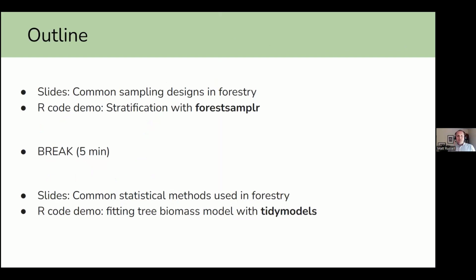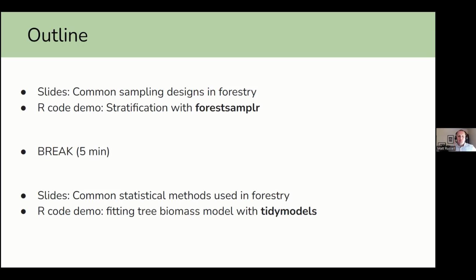So a little bit of an outline, kind of a roadmap of where we're going here for the next 2 hours. I'm going to first share some slides that really focus on sampling in forestry. And so we'll talk about many of the common ones at a kind of theoretical level. Here are the approaches, and then here are the applications. And then I want to show some R code that talks about the importance of stratification within sampling for, in our case, I'll use a forestry example, but it's really anything related to natural resources or anything else you might sample in the real world.